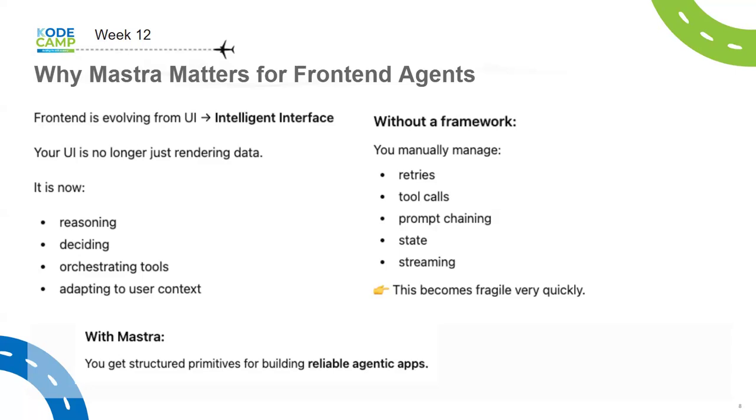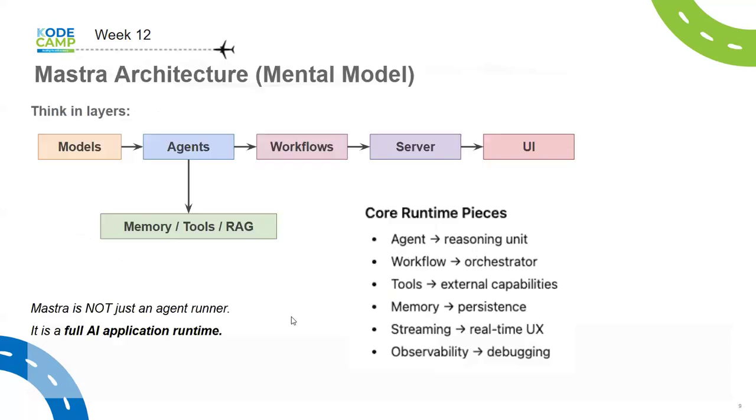Then chaining prompts, which we've already seen. State management, state being the current state of information or data at that point that is being sent to the LLM, because the state is part of the context. When we're saying context, the state forms what the LLM responds to. And like we saw, state also changes, and the agent or the LLM responds to that. Then streaming. So these are all the things that Mastra helps you to do.